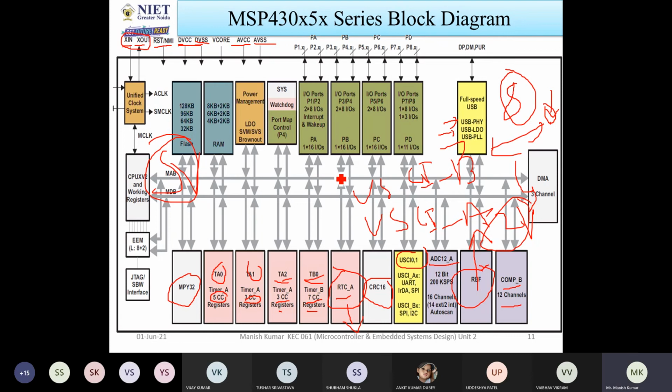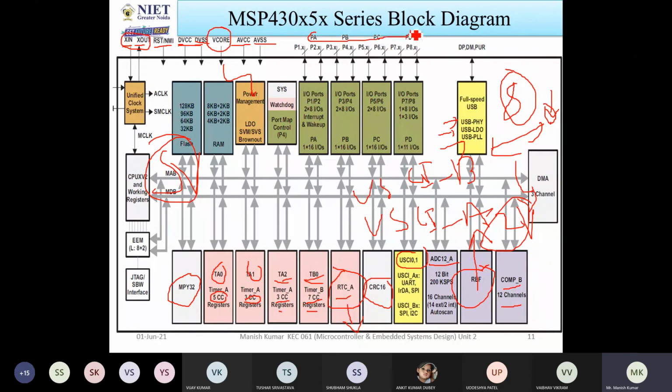Some components are required to take analog signals and some components are required to take digital signals, so both types of sources are available. And also VCORE. This VCORE is responsible for providing the power management module so that it will distribute all the power to the several ports or peripherals.